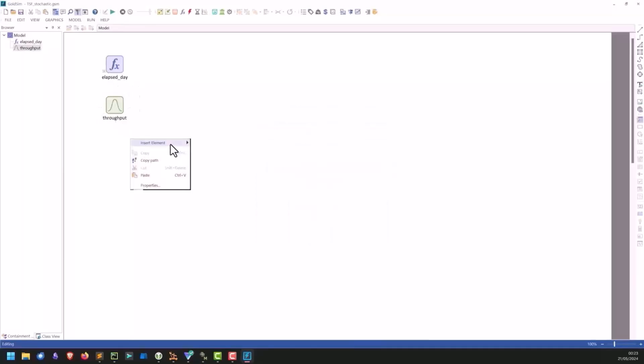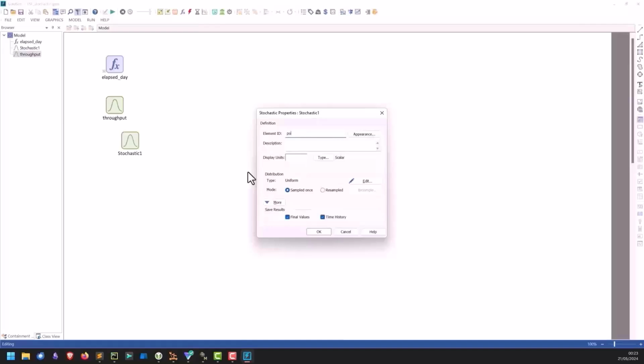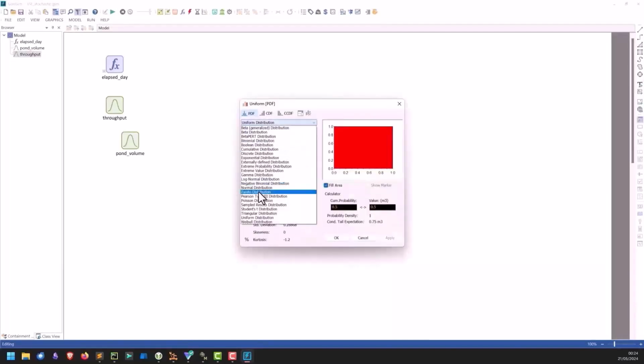Finally, we'll put the pond volume, and instead of having the distribution as an uncertain parameter, we'll set it up as a variable parameter, meaning that we'll resample this pond volume every single month,